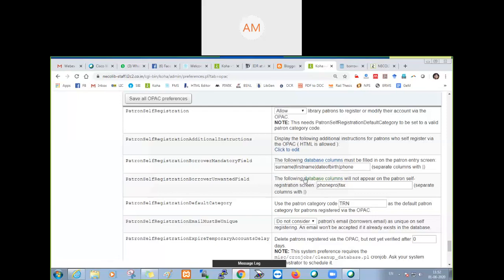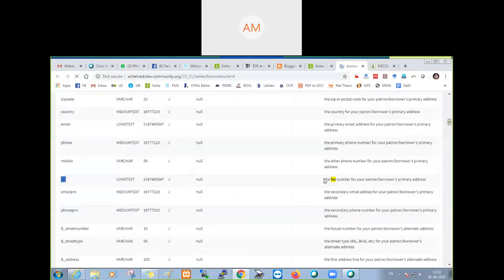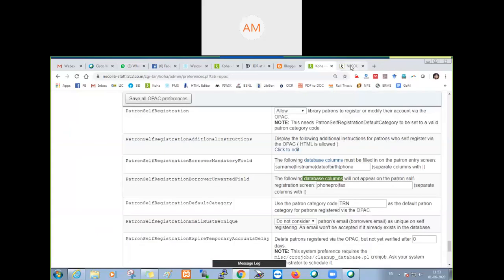You click on the database column, it will take you to the list. Yes, I have removed two fields at a time, phone pro and fax. You just keep on pasting all the fields according to your need from the database column and separate with pipe. That's all.